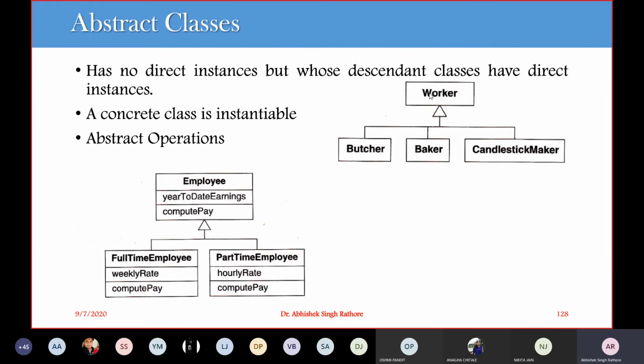So what is the advantage of using abstract classes in your project? Say I'm a project manager, and I have to take a decision that we have to implement shapes.